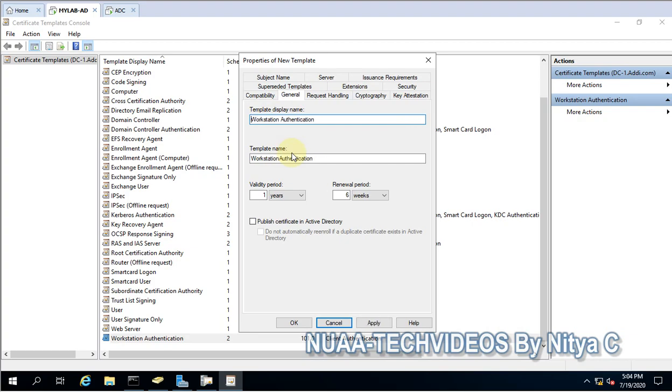So here I'll give a specific name, computers or auto enroll workstations, let me remove the space, and here we can select the validity. So I'll go for 2 years. You can select as many years as you want,